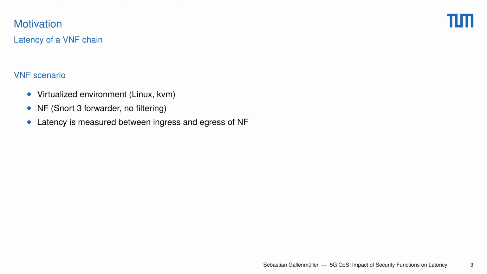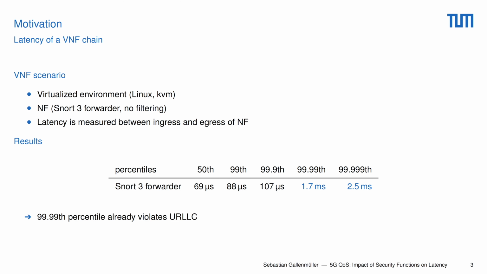The results of our measurements are shown in this table. So what you can see here is that up to the 99.9th percentile, everything is fine. So we stay well below our 1 millisecond goal. However, if we consider higher percentiles, so 4 nines or even 5 nines, we can see that our latency goal